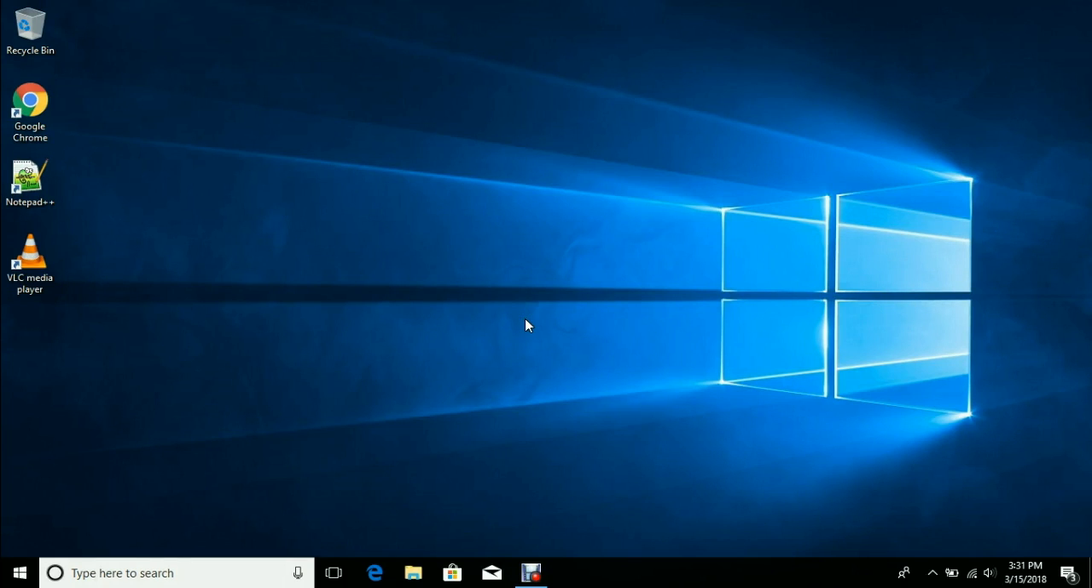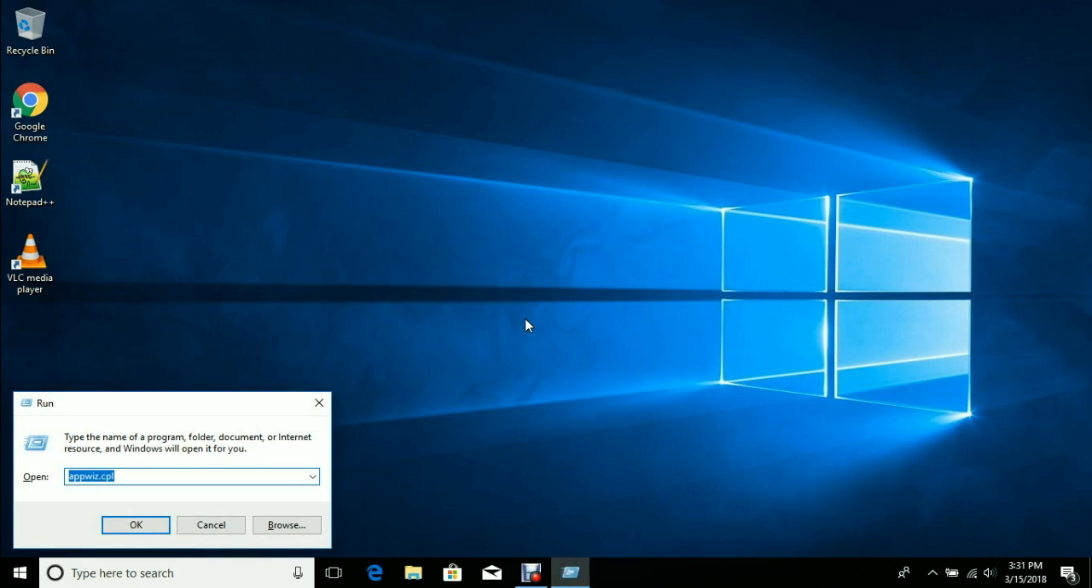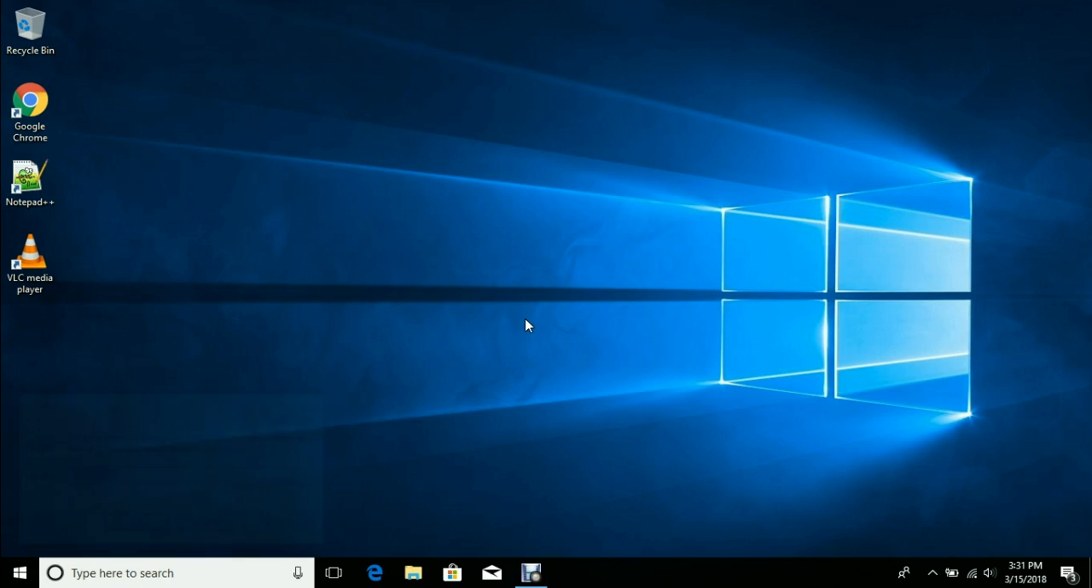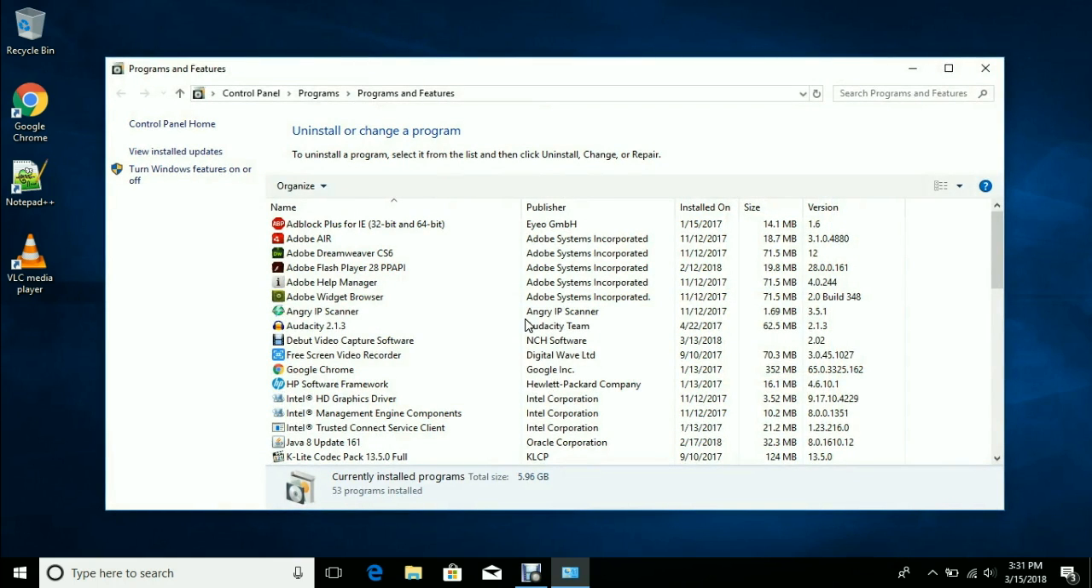Hi, I'm going to show you how to install Internet Information Service in Windows 10. So I'm going to go to the Run box and type appwiz.cpl, and you will get the option Programs and Features, and this is Turn Windows features